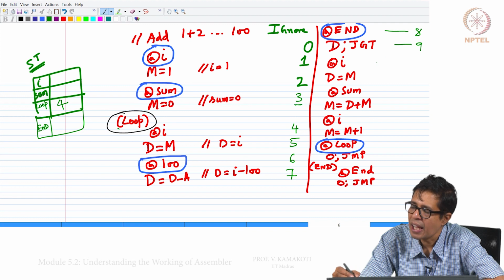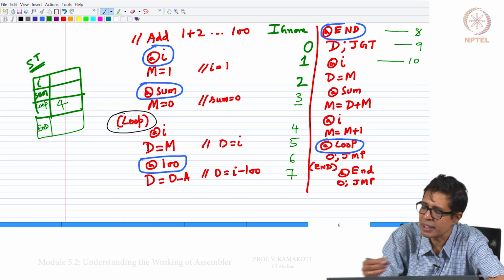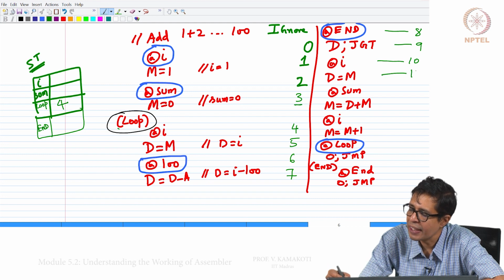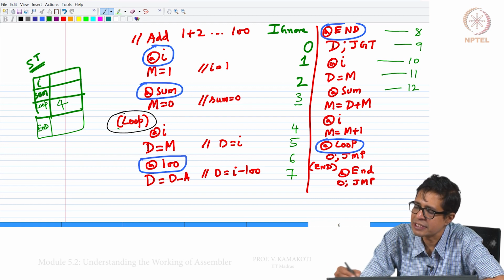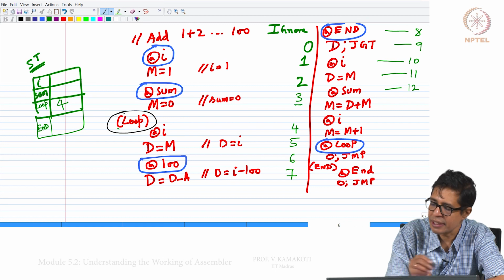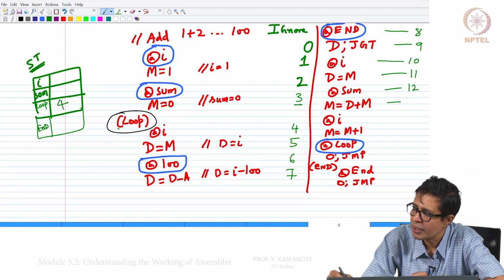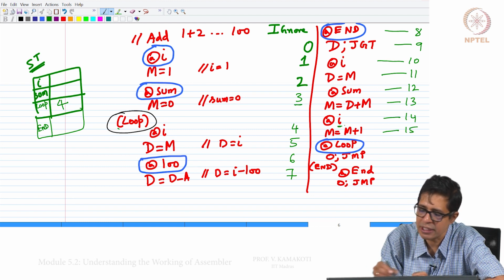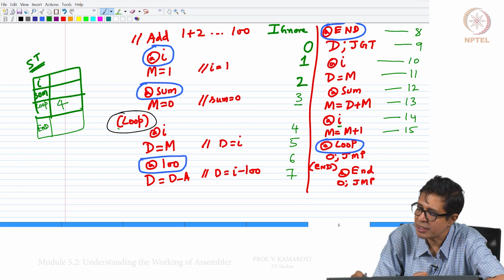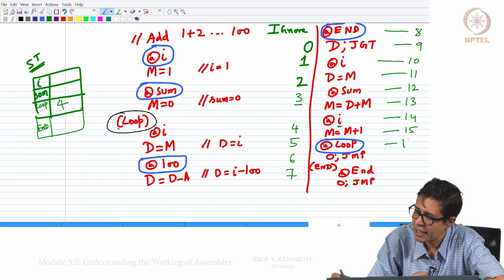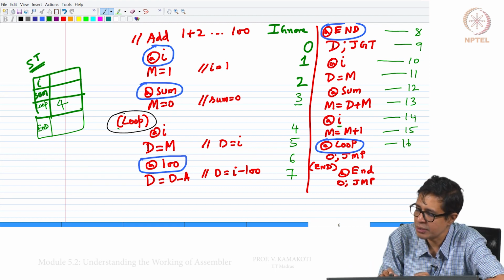At I, this is your 10th, I is already registered, so nothing. Then this is 11, at sum is 12, sum is already registered, nothing to do, this is 13, this is 14, this is 15, again I is already registered here, so nothing to do. At loop, again loop is already registered here, nothing to do.